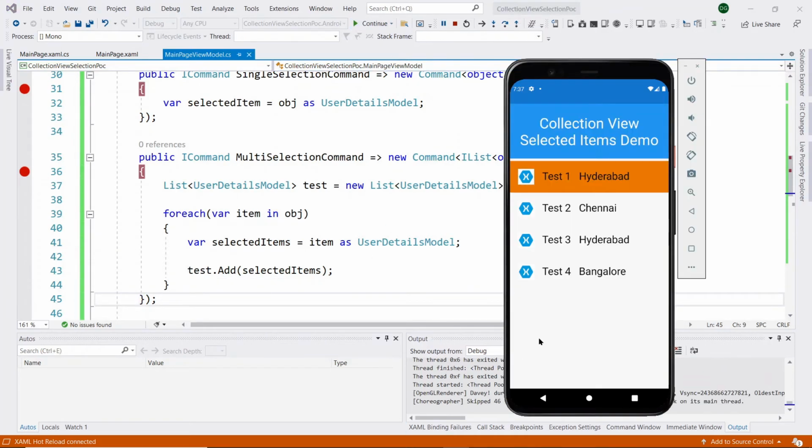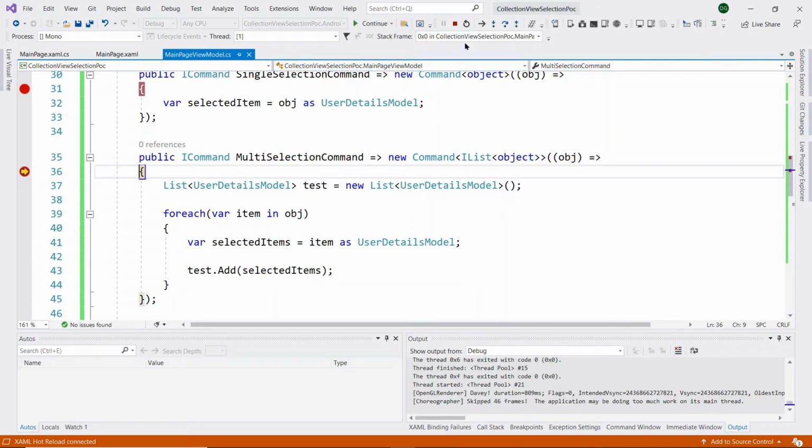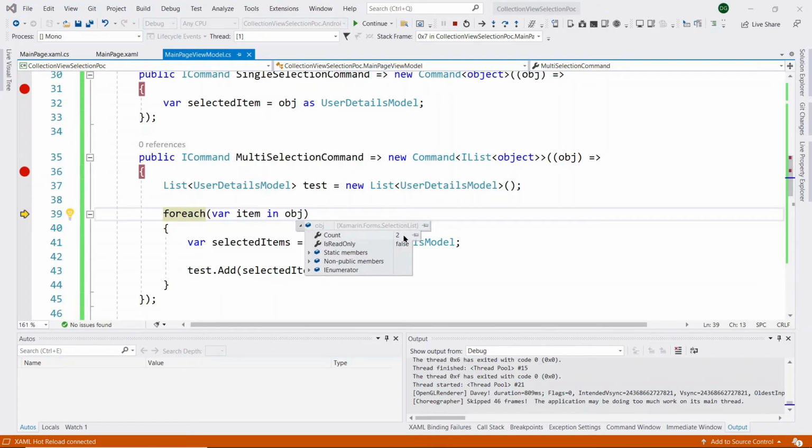Now I am selecting another item inside the collection view. So inside the object we are getting two items because we selected two items. So our foreach loop will iterate two times.